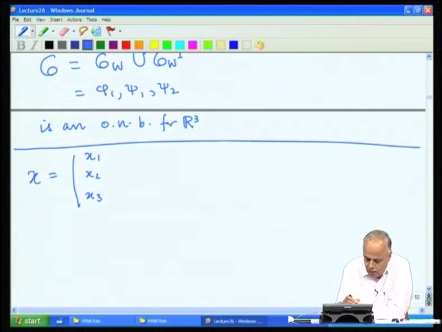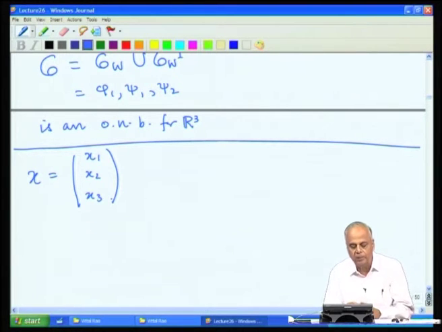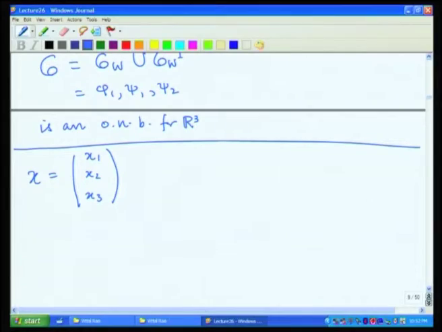We are now going to look at the splitting of the vector. We have now seen the splitting of the basis, we have seen the splitting of the orthonormal basis, and now we are going to look at the splitting of the x. The basis was split into the part in W and the part in W perp. The orthonormal basis was split into the orthonormal basis part of W and the orthonormal basis for W perp. Now, we are going to split the vector x into the part in W and the part in W perp. Let us look at that splitting.